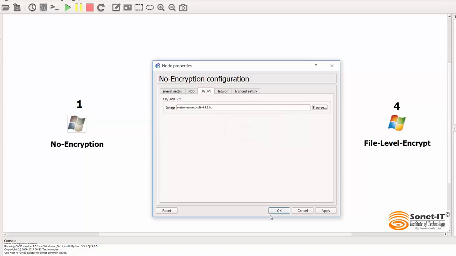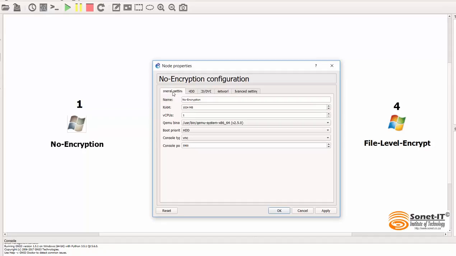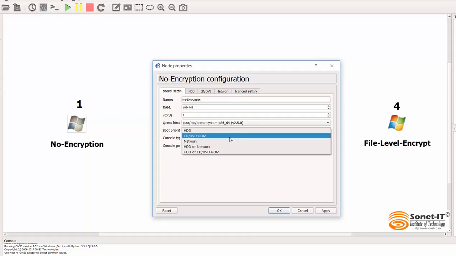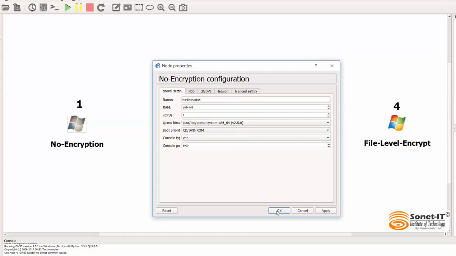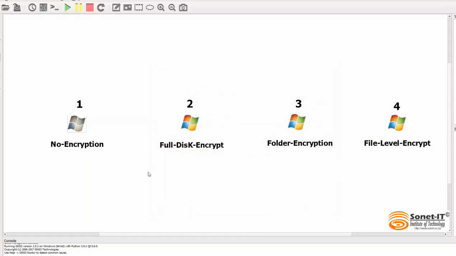Once it's complete, you go to General Settings, then you go to Boot Priority, you change from HDD to CD-ROM, then you click OK. That's all you need to do on GNS3. If you are using KVM or VirtualBox or VMware or any other virtualization software, you switch off your appliance, you